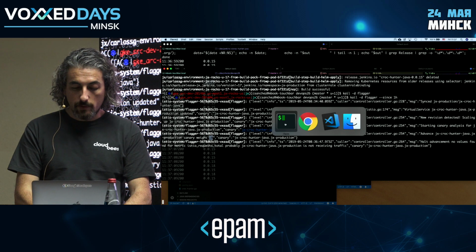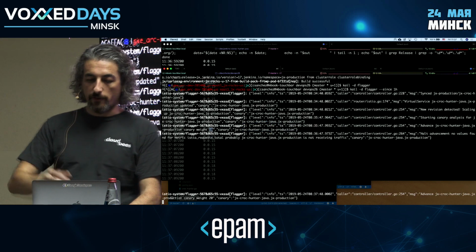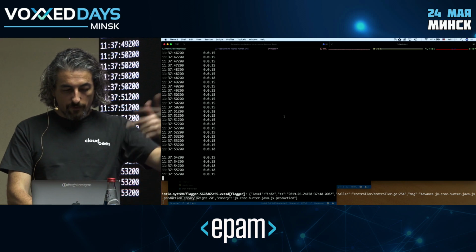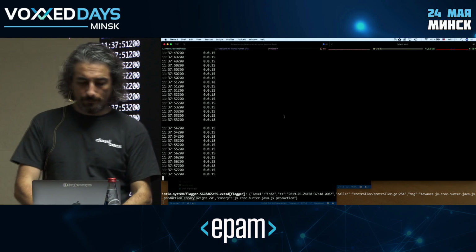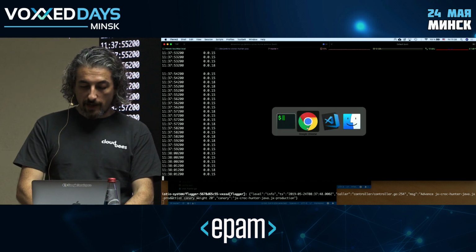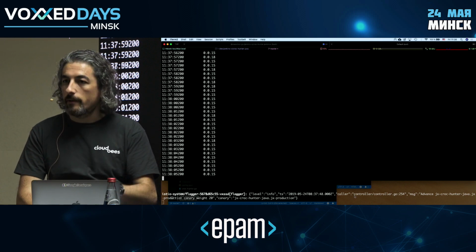So now 10% of traffic is going to the new version. So let's see, 15, 18, and so on. The other thing that Flagger provides me, and right now it just says advanced to weight 20, so now